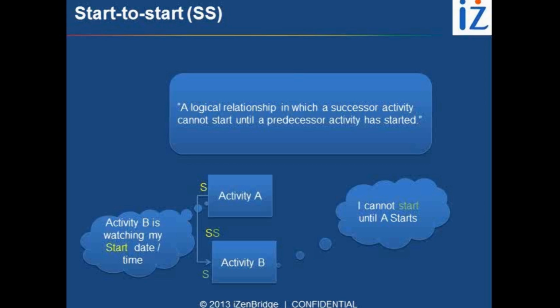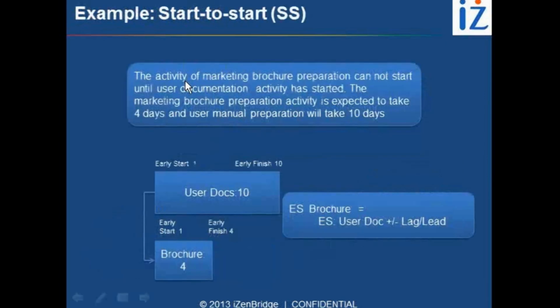There could be a case where activity A is starting on day 4 and activity A's late start is also day 4, but activity B's early start cannot be before day 4 because it has a rule, while its late start could be day 6. So we should keep this point in mind while we are doing questions in our forum. In the previous 3 questions which I have posted, there were a few issues related to this particular concept.